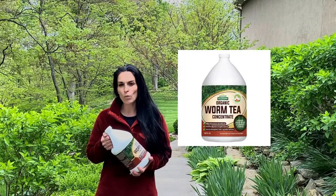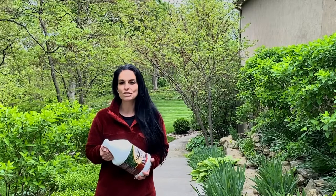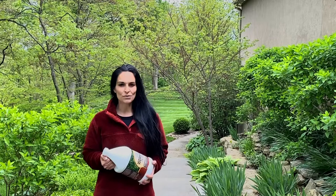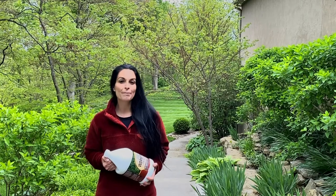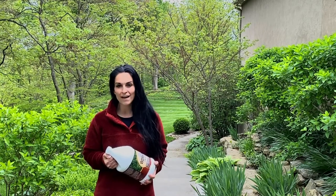We hear a lot about worm castings and worm teas. We also hear that they're great for microorganisms in your soil, but why? What is worm tea and what exactly does it do? Worm tea should be considered an all-natural growth hormone for soil and plants. Think of it like giving your plants a powerful liquid vitamin booster. Worms create substances that act as growth hormones, cell regulators, and anti-aging compounds, which you can't find in a typical